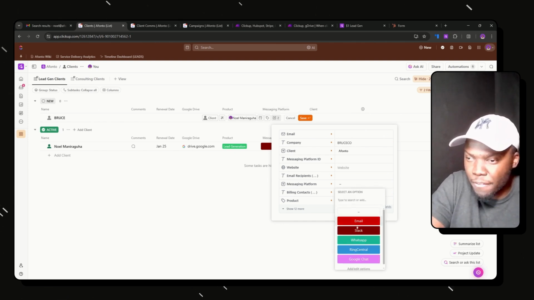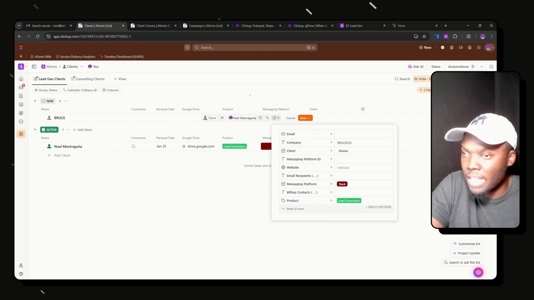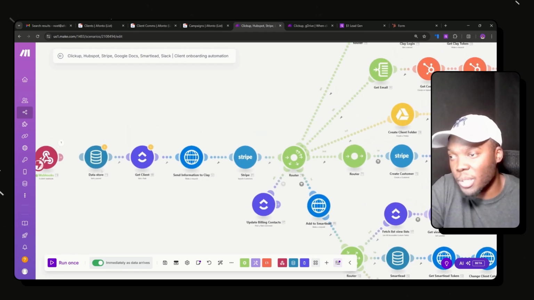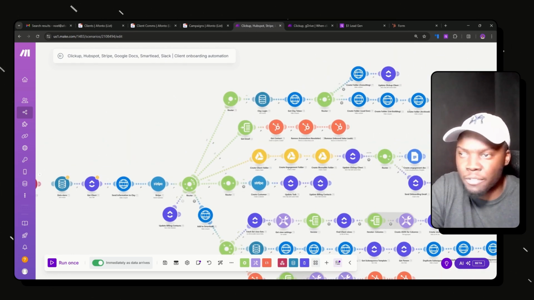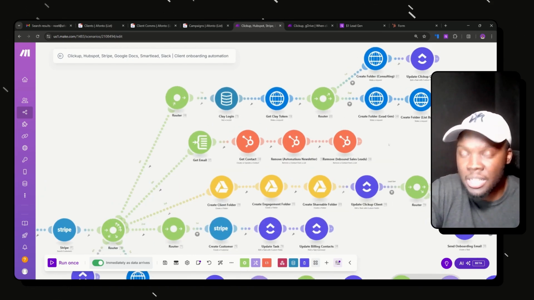So they wanted to get notified inside Slack. The product is the lead generation client, and boom, we've got a client. Now we click save. It's going to trigger this automation over here. What this is going to do is send information to various different places. And so it's going to send it to Clay to allow us to create the Clay folders,